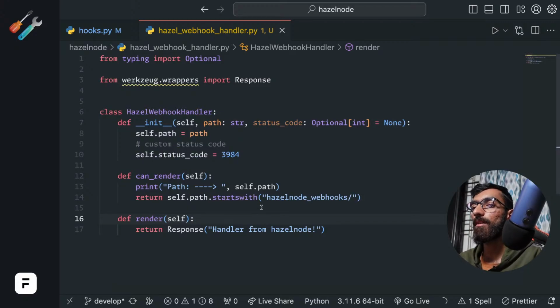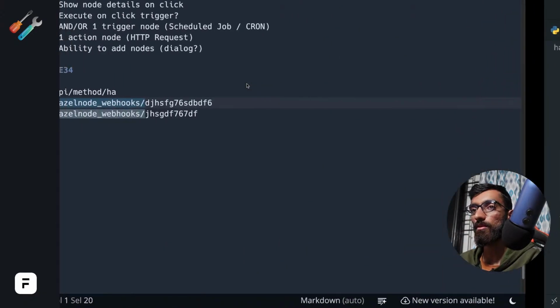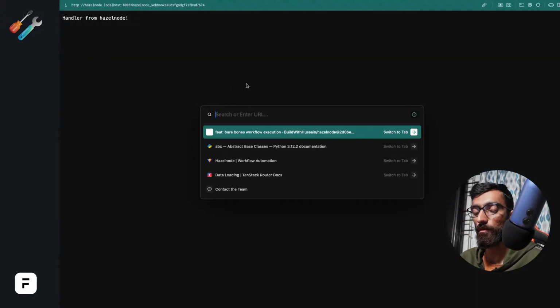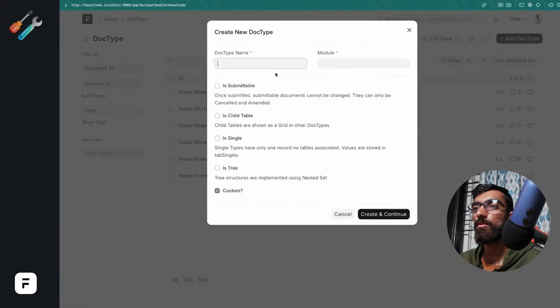So how do we create webhooks? People will come and say any random IDs here, any random stuff. So we'll need a doctype that keeps track of the webhooks we have active in the system. So let's go back and create a doctype for it. Hey, it's all around. So what I want is Hazelnode /app doctype list. I want to create a new doctype in Hazelnode module